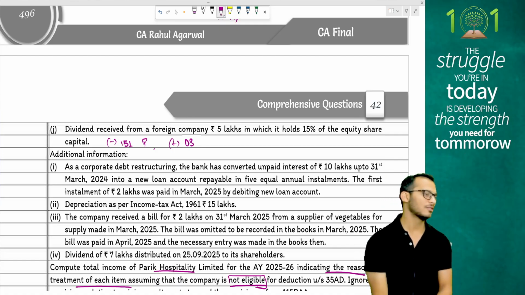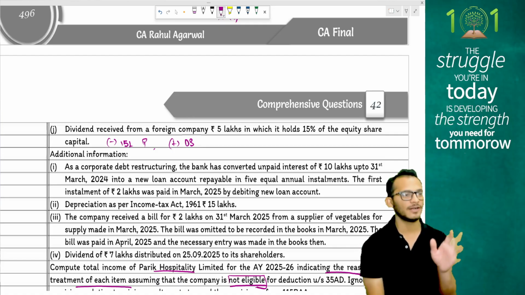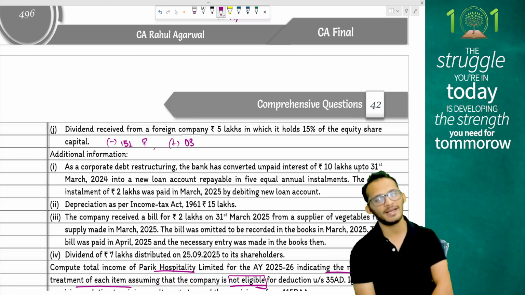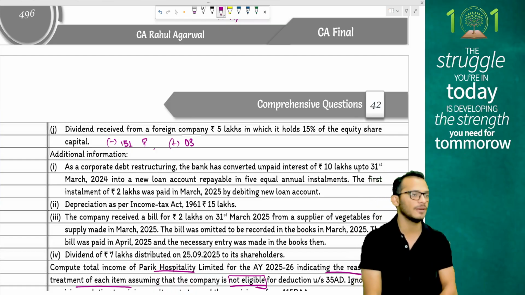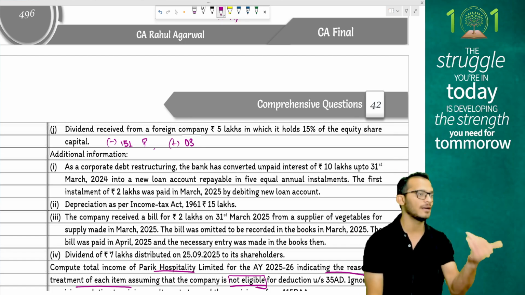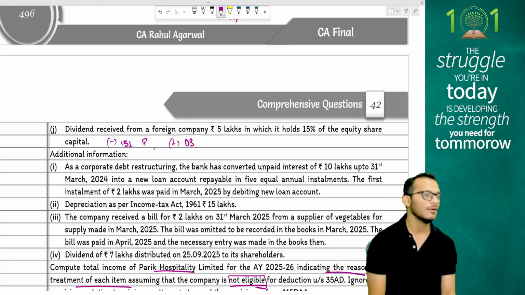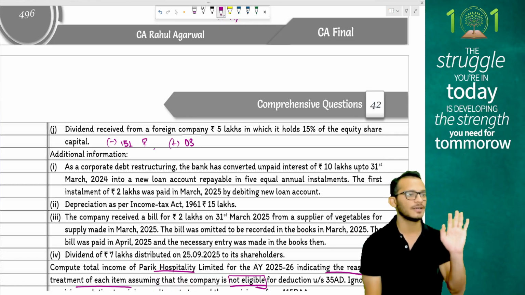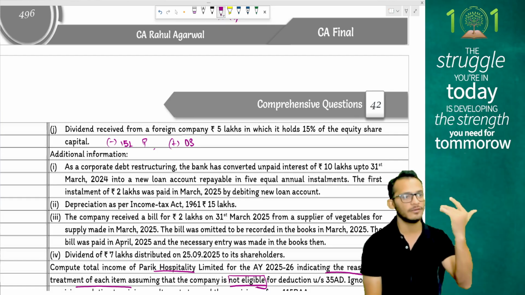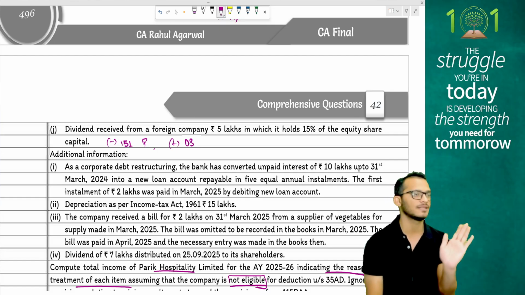About 3 or 4 years ago, people, this was of some relevance, because back in those days we had a special tax rate called 115BBD, where they used to say if a foreign company gives you dividends, it is taxable at a special rate. Those have all been scrapped. So right now, nothing. Just take it from PGBP and move it to IFOS.